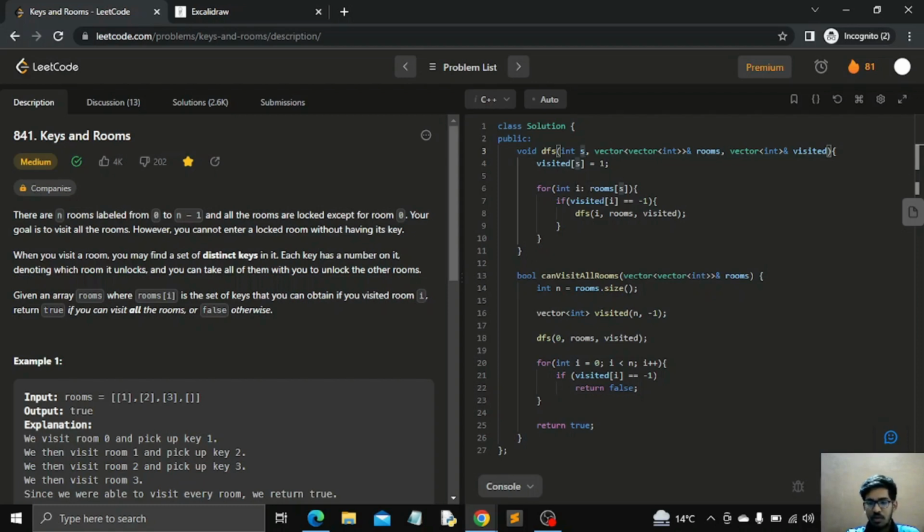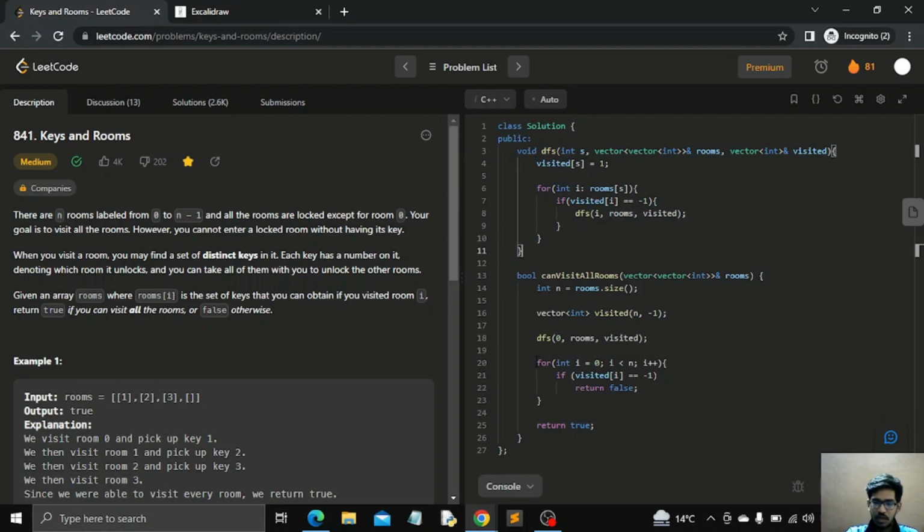So one by one we are going to consider that key, and we are going to check if the room of that key is unvisited, then we are going to make a DFS function call to that room. Okay, but if that room is already visited, then we are not going to make a call to our DFS function. So this is basically a simple DFS function,